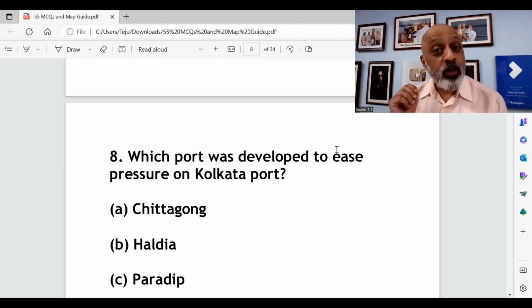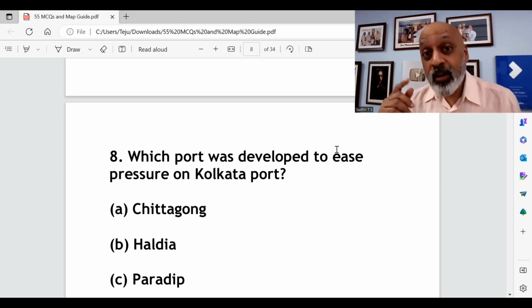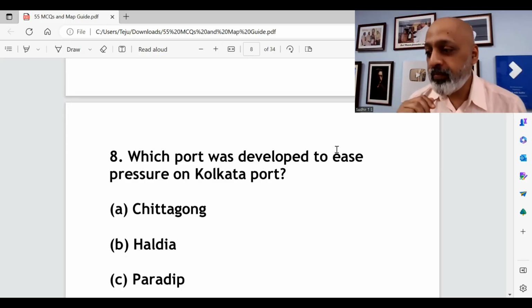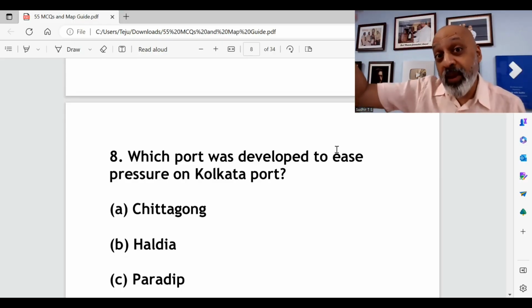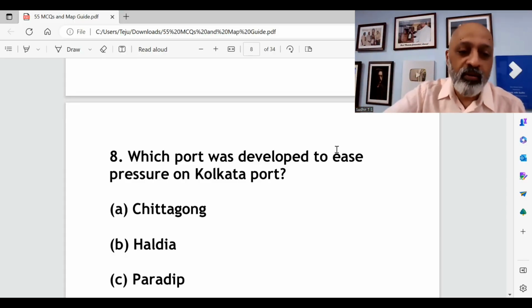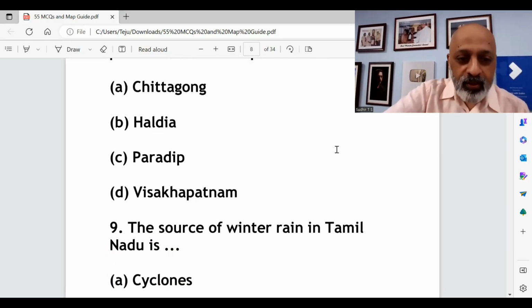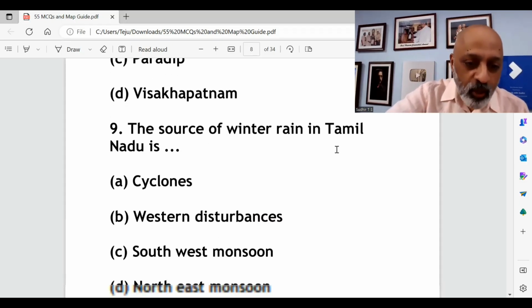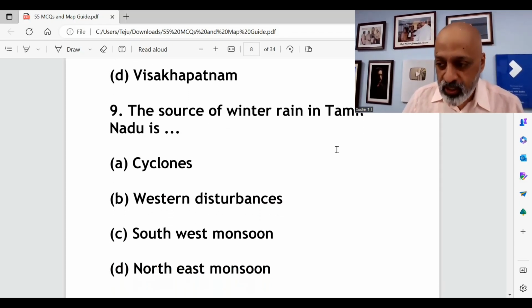I still remember MS Dhoni scored his first century in Visakhapatnam in a one day international. I was there to do that interview with Dhoni. So city of destiny, so that's where he started his big, I mean, that's where he really came into the limelight. उससे पहले के innings में he had not scored too many runs. मस्त बंदा है.